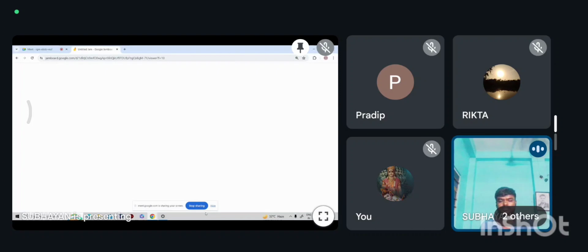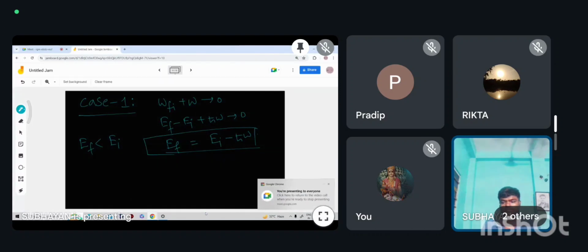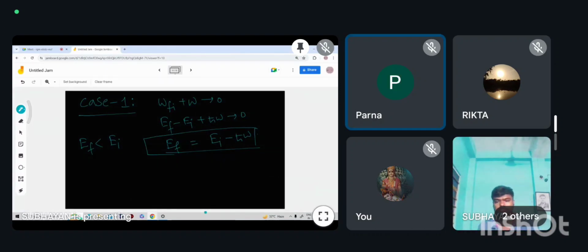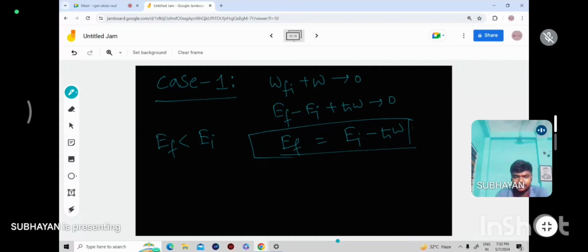এবার বোর্ড দেখা যাচ্ছে? হ্যাঁ স্যার। ঠিক আছে।